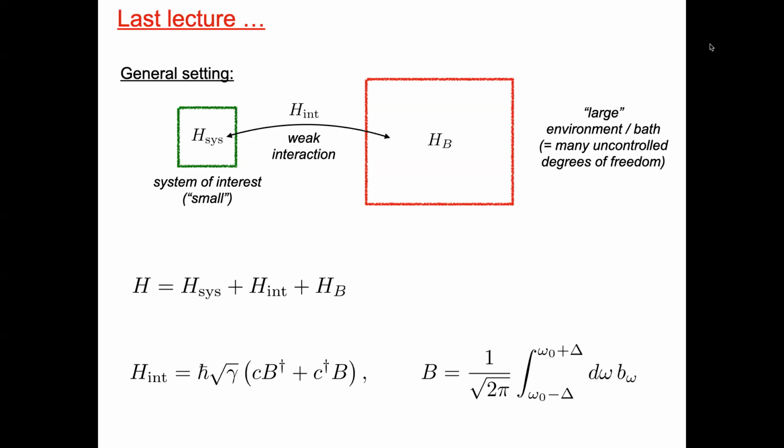One example would be an atom with well-defined level structure. We can drive Rabi oscillations, but it's coupled weakly to a set of electromagnetic vacuum modes. And this, as we know, then leads to an irreversible decay of this atomic state. And this type of physics, we thought about: how can we systematically describe such systems? To do so, we started to derive a master equation for this system.